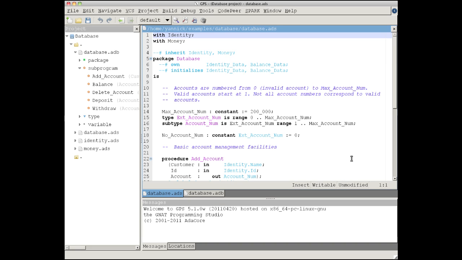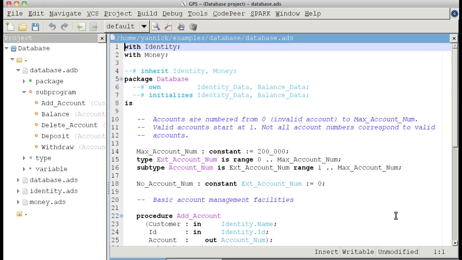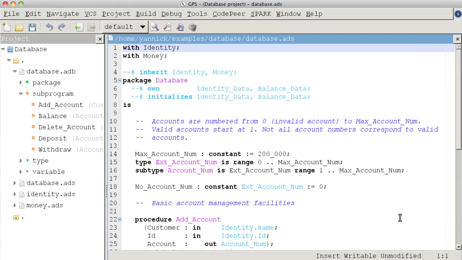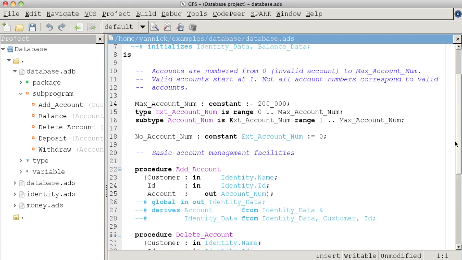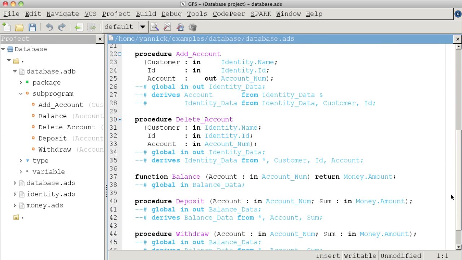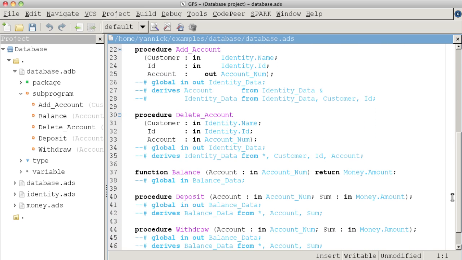In this second item of the series, we show how to check more precisely the data and control dependencies in a Spark program. Instead of simply checking which data is read and written by subprograms, we also check which inputs are used to compute each output of a subprogram. Switching from data flow to information flow analysis only requires adding derives annotations to subprograms and running the examiner in